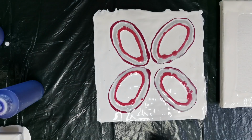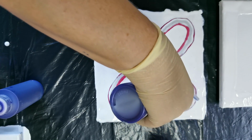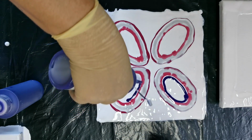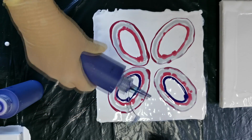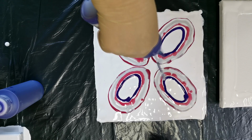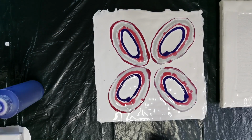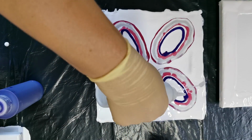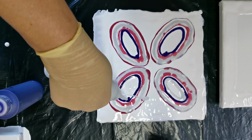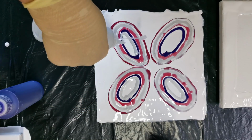Oops. And then I will add a little of this Windsor violet. My hands are shaking. I don't know why, but they are. And some silver again. This silver looks almost white when it is dry, so